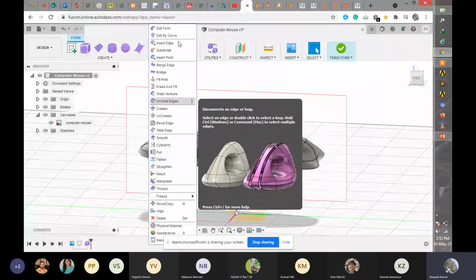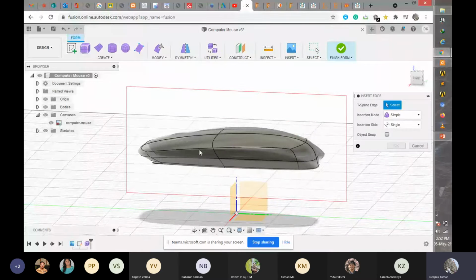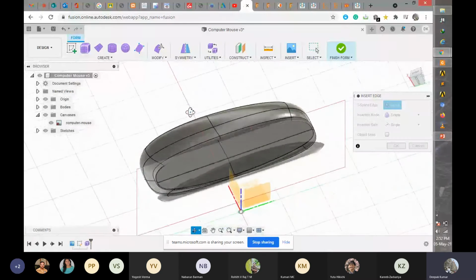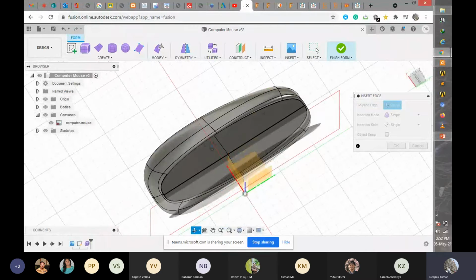With the help of that we can move this edge up and down. Finally I used a freeze command at the bottom of this mouse, so I get a flat surface at all four corners.